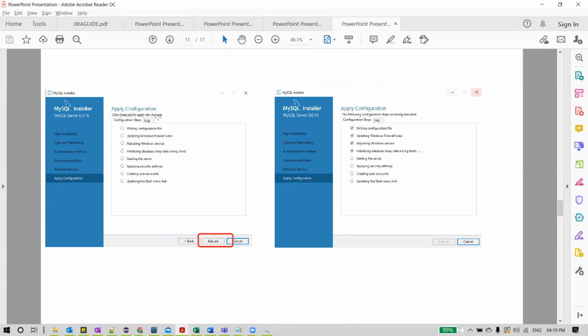And you can see it is applying the configuration. You can just click on execute here, and it might take some time at this step of initializing the database. As you can also see here, it says it may take a long time, so it will take a few minutes. Just wait until it is completed. So once it is done,